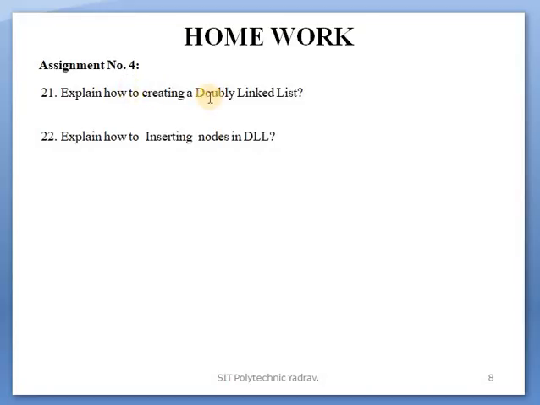This point is not important compared to singly linked list and circular linked list, but it is a type of linked list, so those points are added. Once again, as a reminder, 90% it is not asked as a question because it is not in your syllabus, but it is a type of linked list. So in case a question is asked, at minimum you write the theory parts also. So I am taking that point.